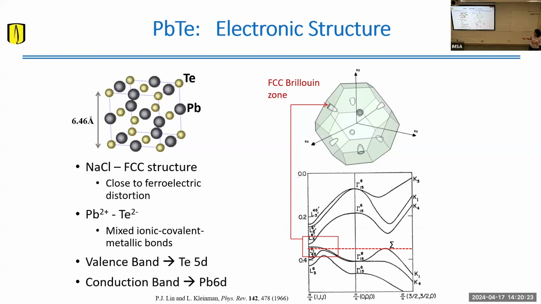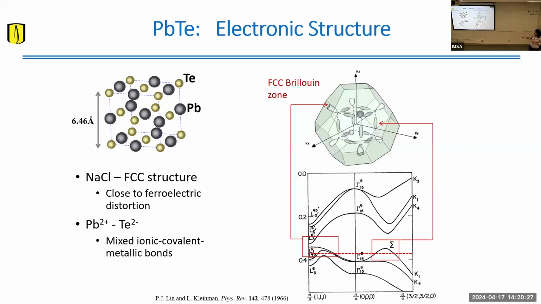So for lead telluride, for example, you have these pockets here at the L point and some predicted pockets here that form this cage kind of structure, which turns out that they don't get to that point ever. So the Fermi surface is actually very simple. It's just these ellipsoids that are in these L points.